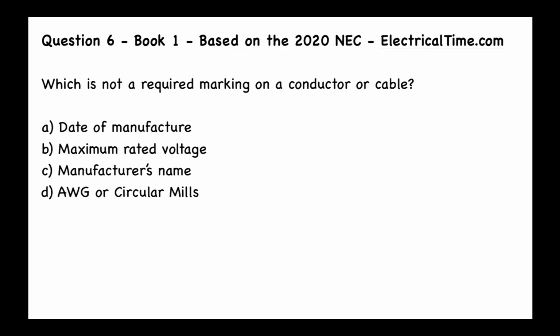This is question 6 from book 1 based on the 2020 NEC by electricaltime.com. Which is not a required marking on a conductor or cable? Is it A, date of manufacture, B, maximum rated voltage, C, manufacturer's name, or D,